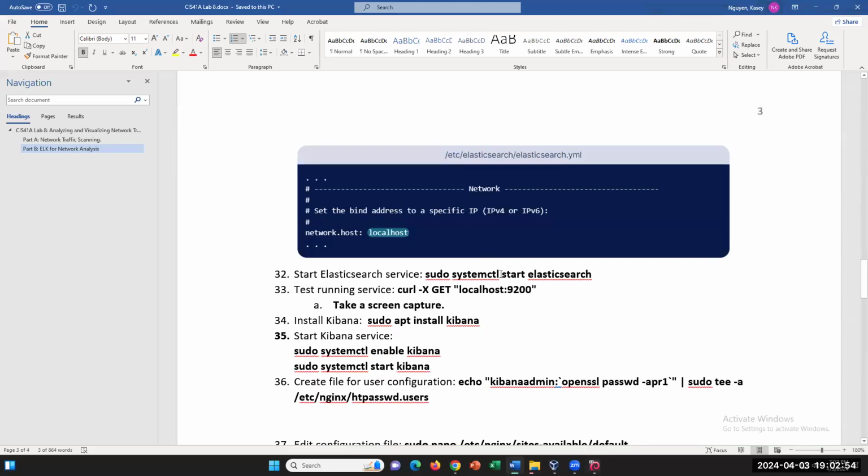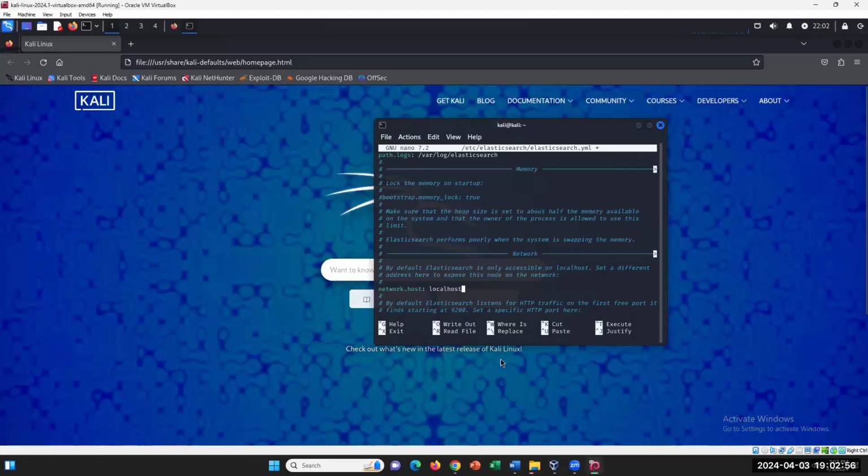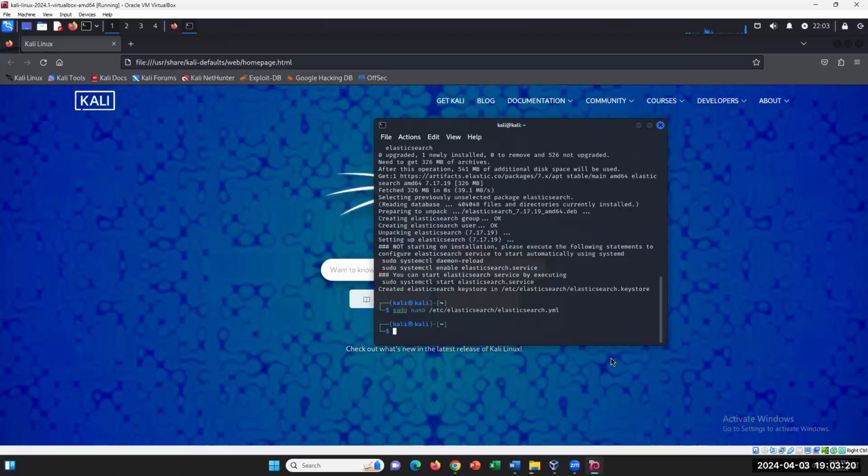So you guys know how to save. I forgot to put that step, but after I edit this part, I would press Control and X on my keyboard. You don't have to put the hashtag there? No, you want that uncommented. Hashtag is comment. And Control X, right? It asks me, do you want to save? I'm going to press Y and press enter because it's nano. Control X, Y, and enter. So once I saved my YAML file,